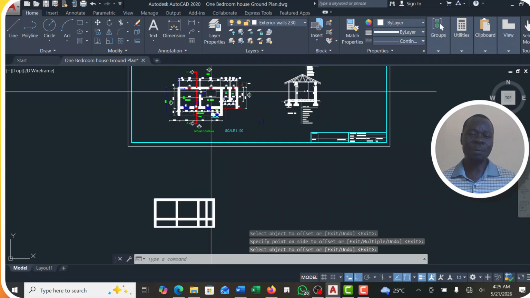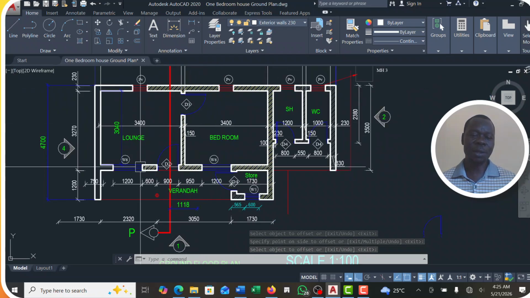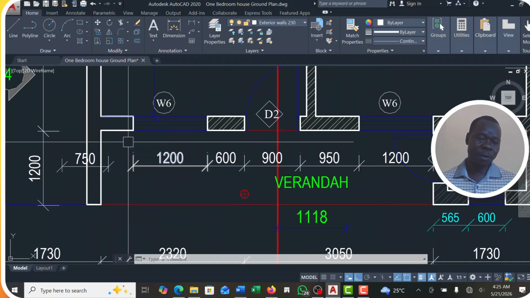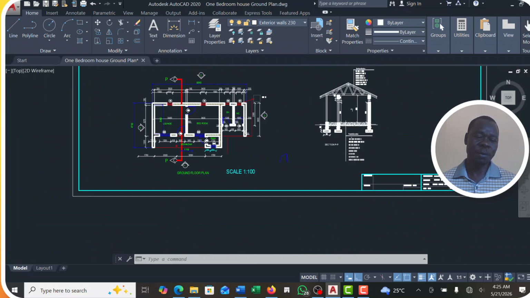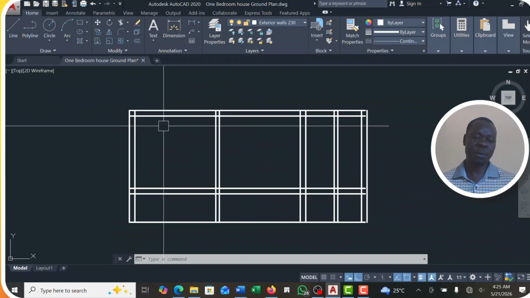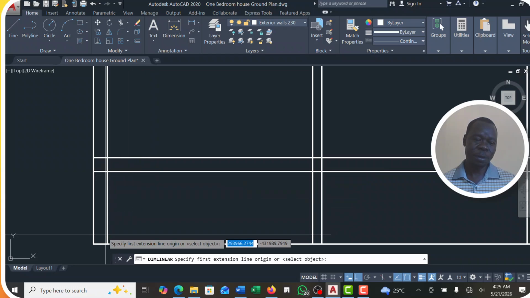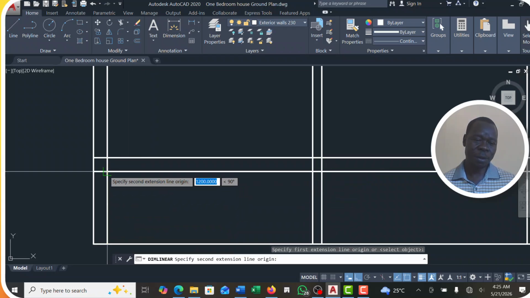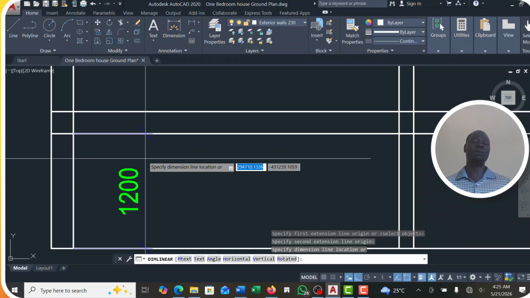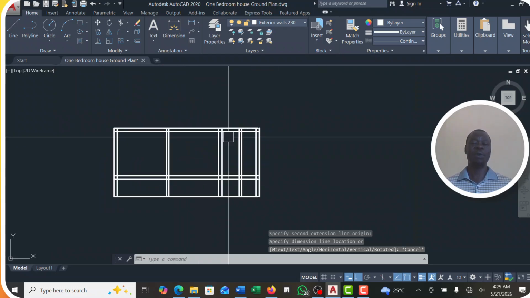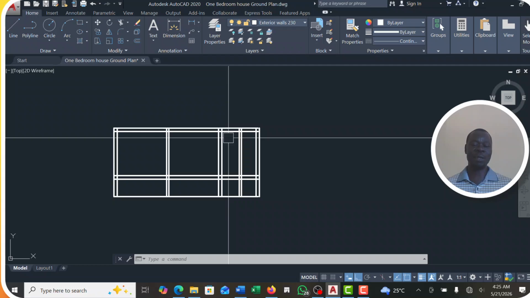When we look at our drawing from here, this space now is for the veranda, and the veranda space is 1.2. So it should be 1.2. Let me check from here up to here. It should be 1200, which is correct. You can even see it is 1200 millimeter. So we are almost done with our external outline of